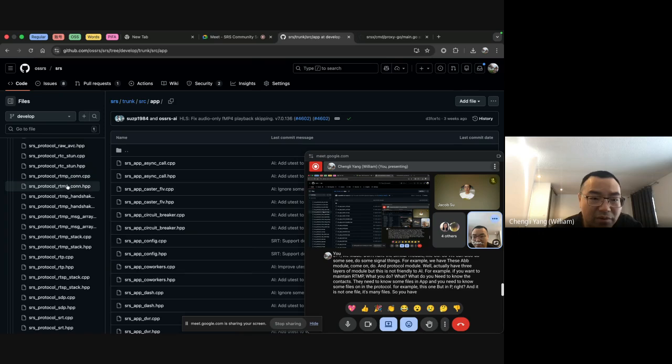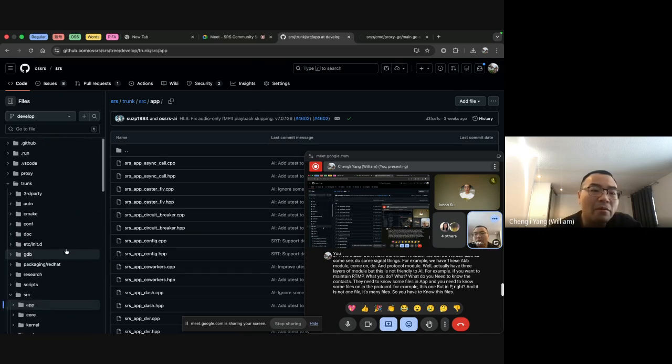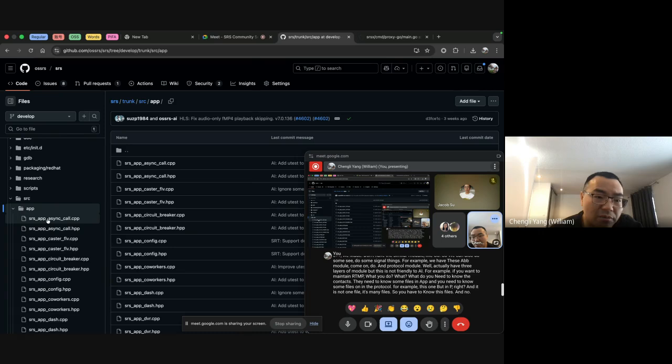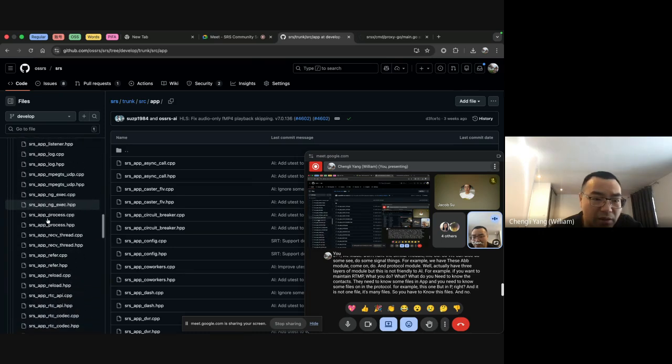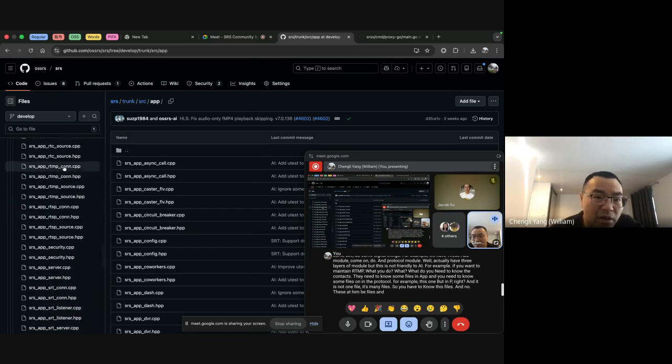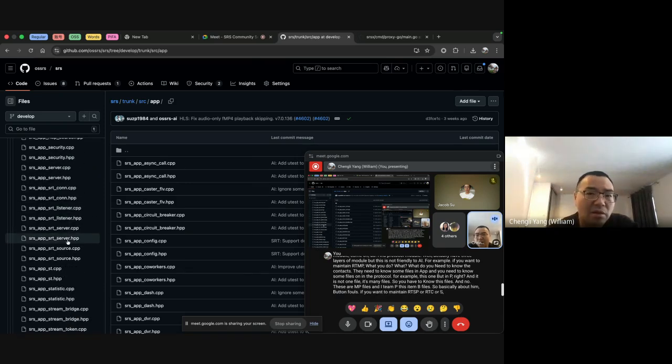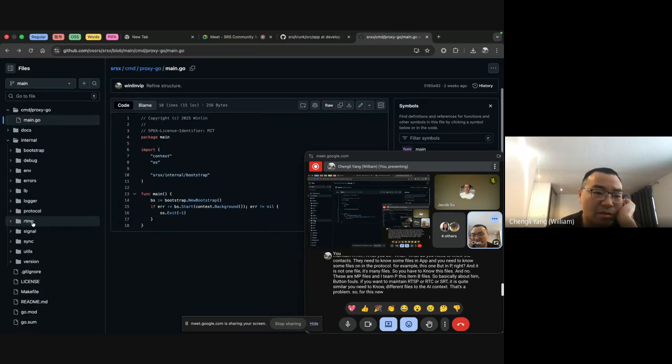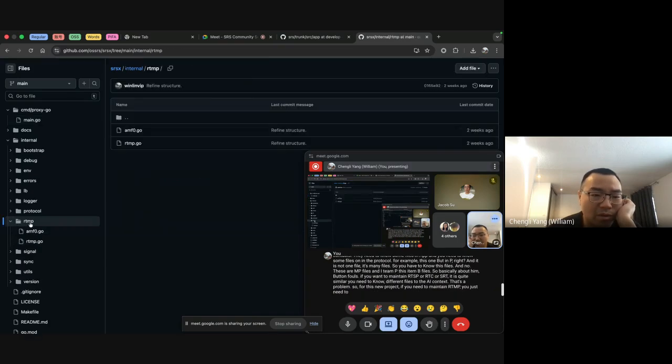So you have to know these RTMP files and these RTMP files. So basically about 10 files. If you want to maintain RTSP or RTC or SRT, it is quite similar. You need to load different files into the AI context. That's the problem. So for this new project, if you need to maintain RTMP, you just need to load this